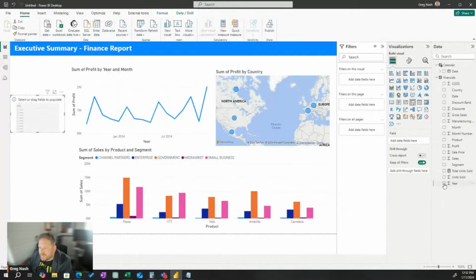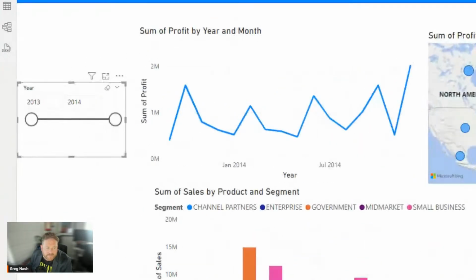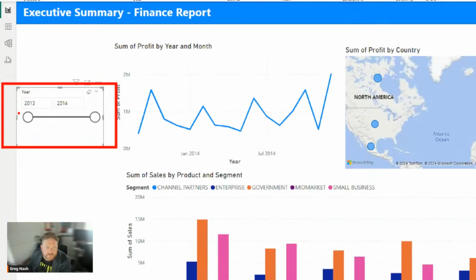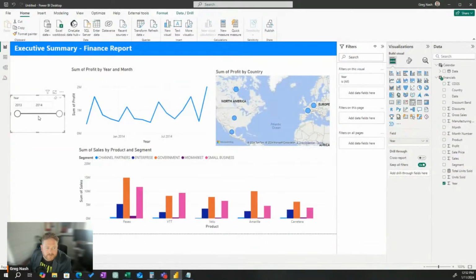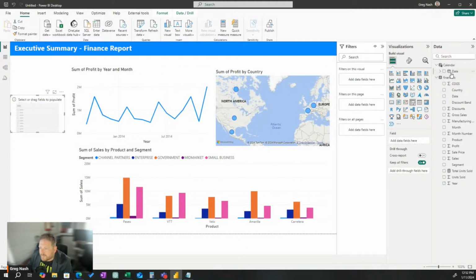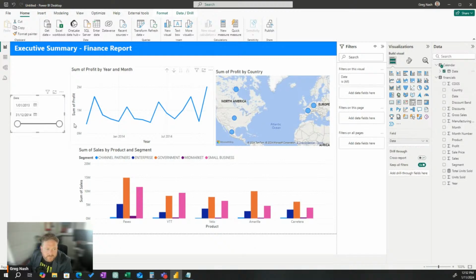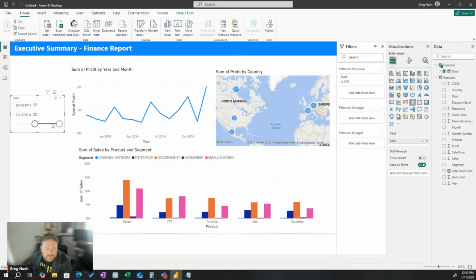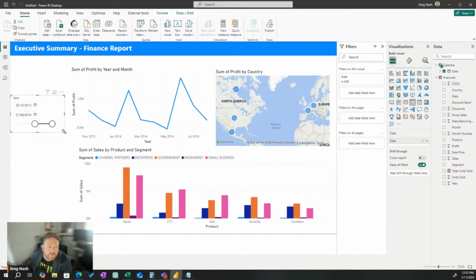And we're going to tick year for that slicer. And then we get this kind of thing, which allows us to select the year in a weird way. They want date though, not year. We want to show the date, not the year. So we'll put the date in there. And then now we can select individual days. Oh, how cool is that, man? That's awesome. All right, so that's our little date slicer.